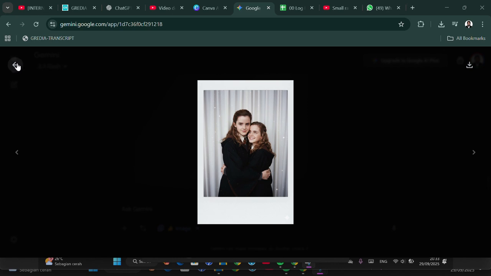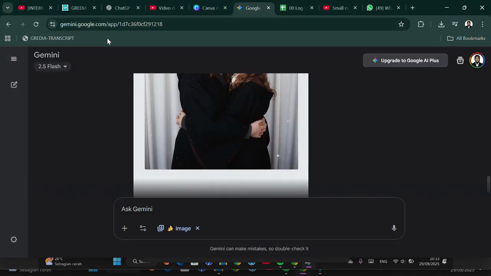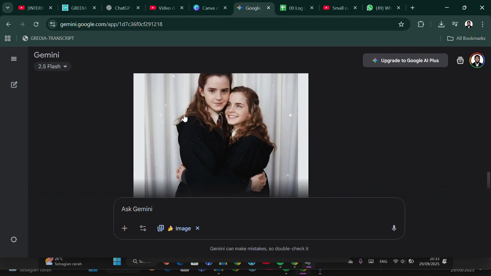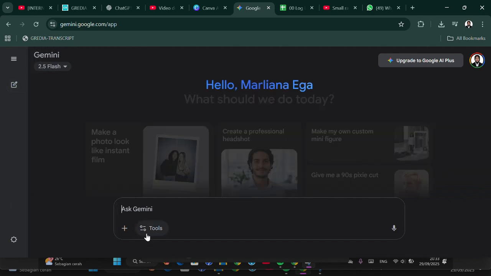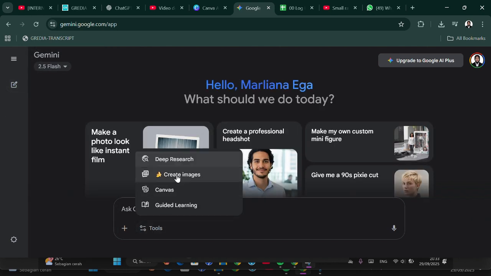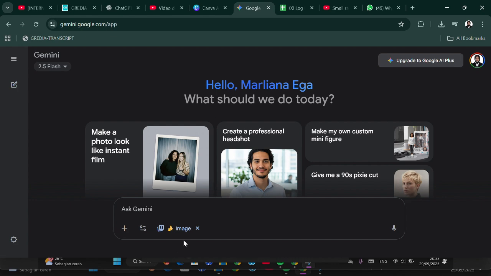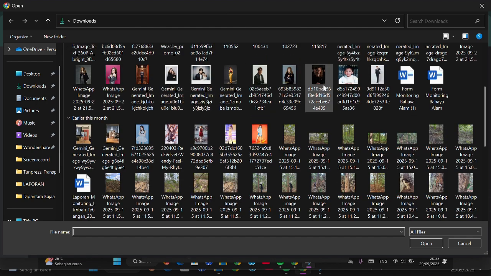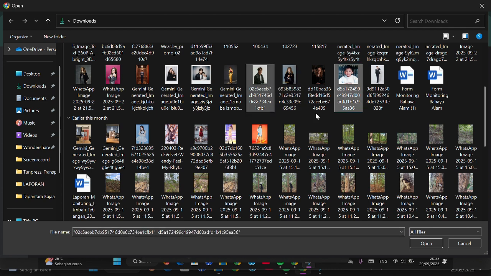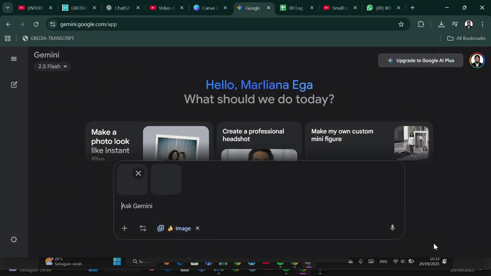First of all guys, you can visit gemini.google.com or you can open up Gemini app, and then I'm going to create new chat on Gemini, and here we need to choose nano banana feature shown by this banana icon. And then you can upload your photo with your family or your parents, and I'm just going to upload this photo and also this one, and then I'm going to click on open, and then you're going to add this